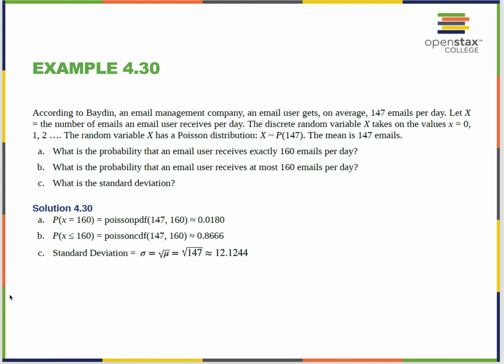So here's example 2. According to Baden, an email management company, an email user gets an average of 140 emails per day. Let X equal the number of emails an email user receives per day. The discrete random variable takes on the value 0, 1, 2, 3. The Poisson distribution is that. The mean is 147. What is the probability that someone receives exactly 160 or at most 160? Well,